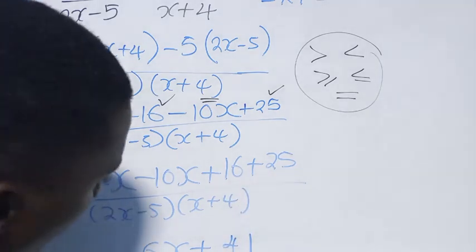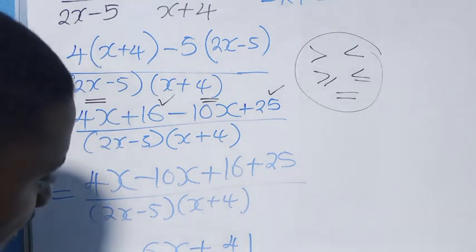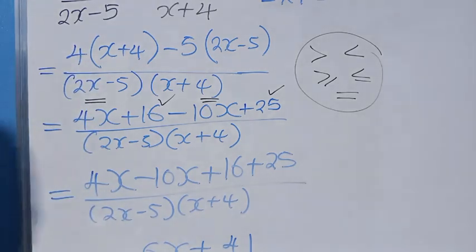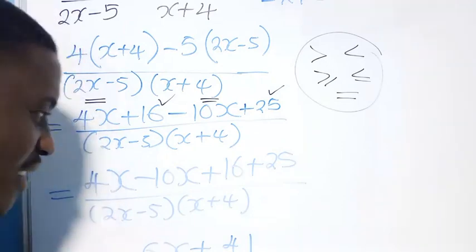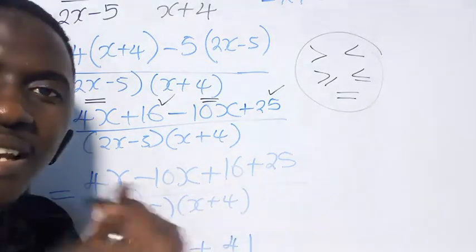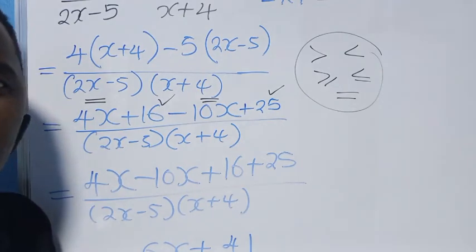It will be 4. The LCM will still continue coming like that, x plus 4, and this will become your answer. Just this, then you are done. The emphasis when you are picking like terms here: the sign does not change, it still remains the same. I think it's clear now.